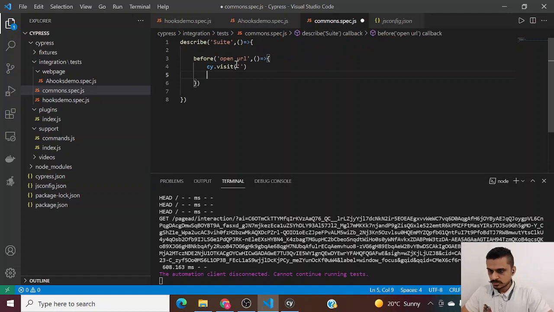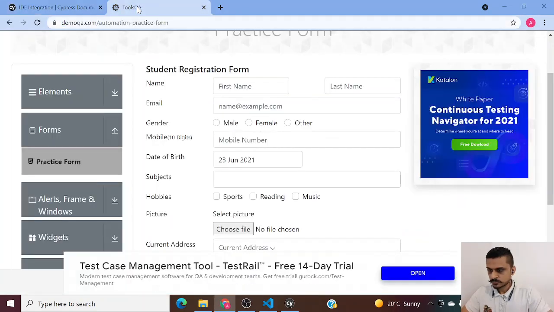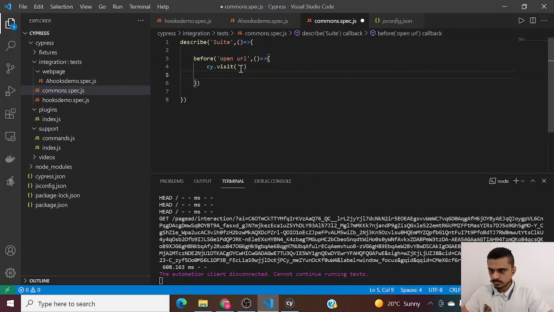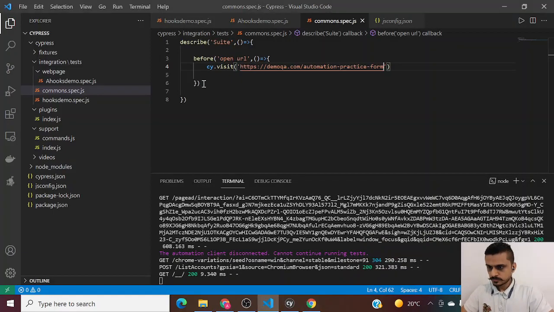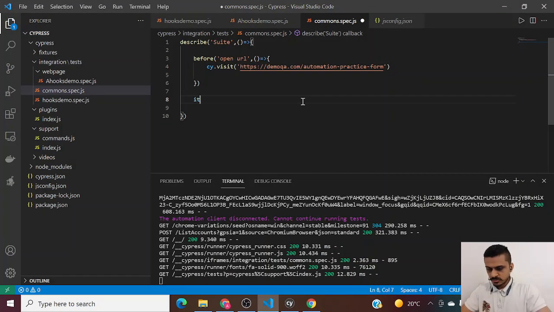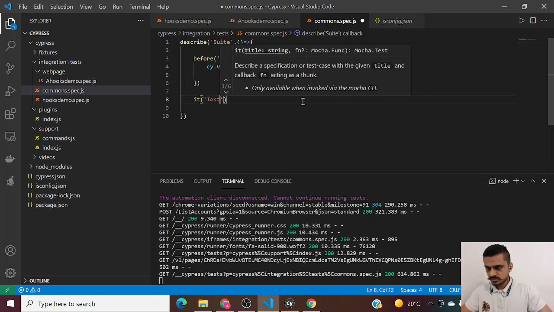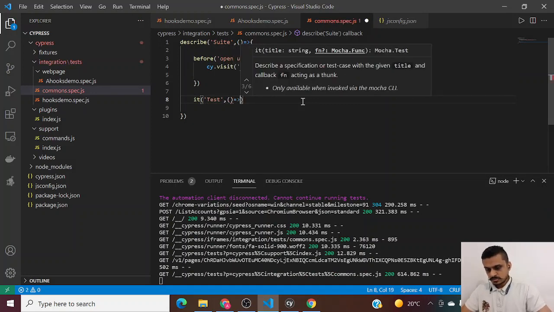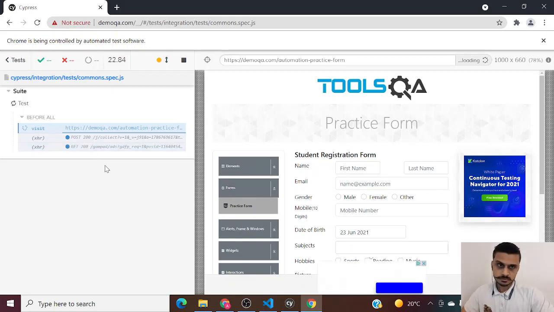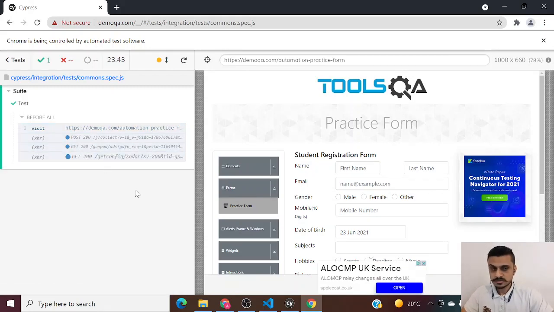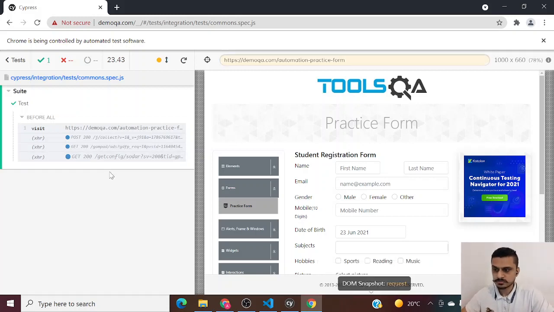Now going back to it, so we're going to visit this URL. Let's get the URL. So this should probably visit this URL, and my test runner is open. Let me just run this. Meanwhile that runs, let me also create one test case, and I'll just name it as test. And by default, guys, Cypress has certain inbuilt assertions which I have covered in the assertions topic. Okay, you can refer to that video. I have made a detailed video on this, how assertions work